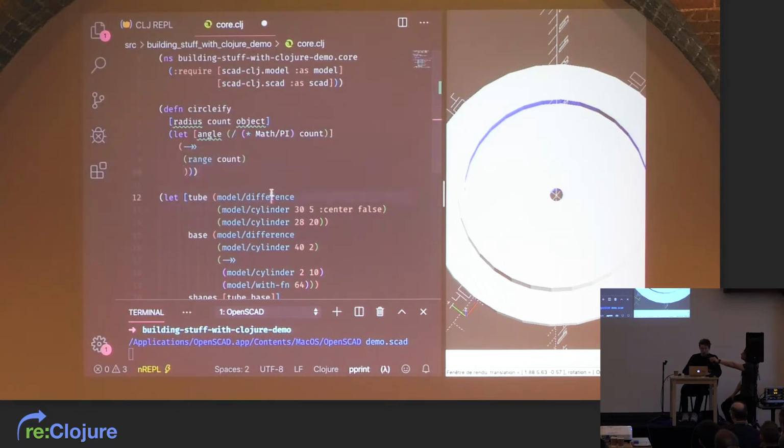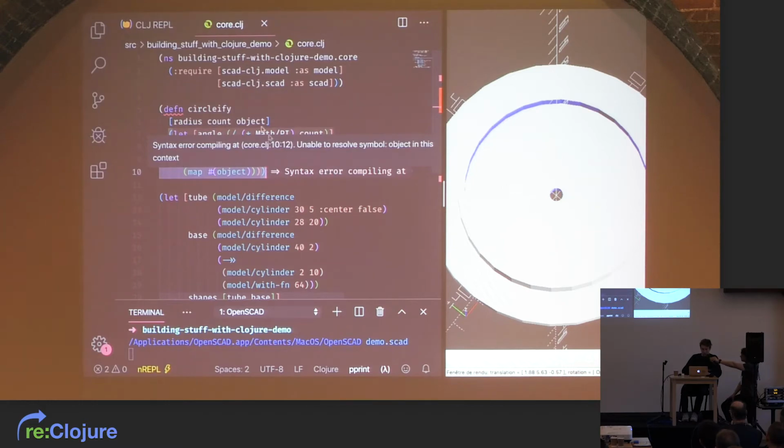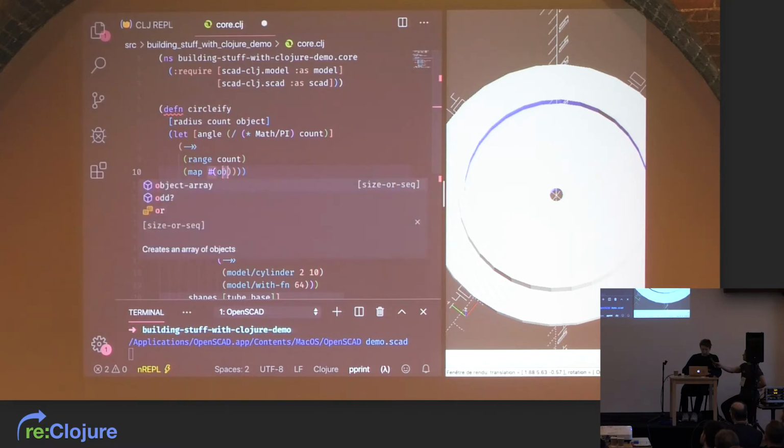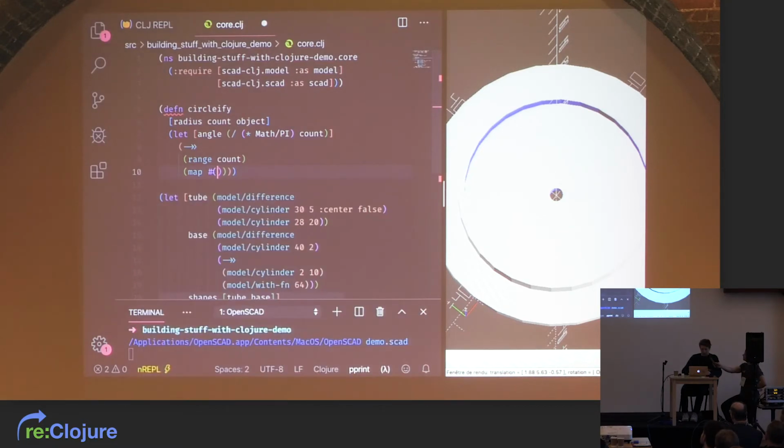So let's pass this range through our function. Let's pass this object